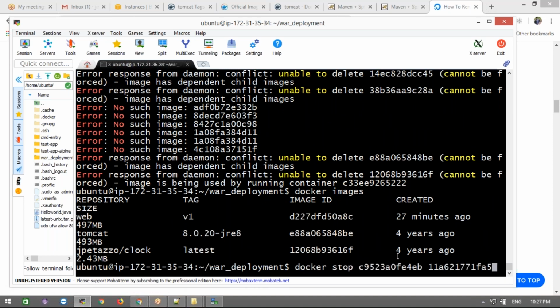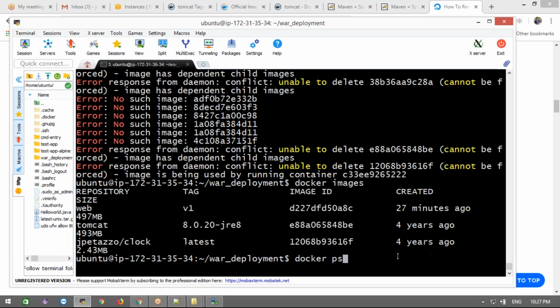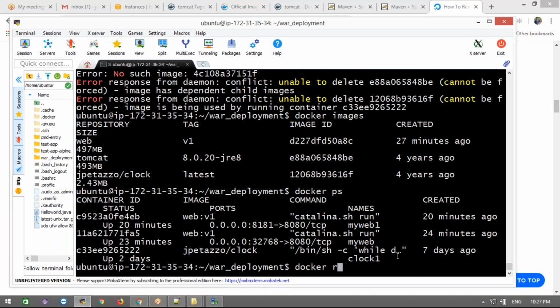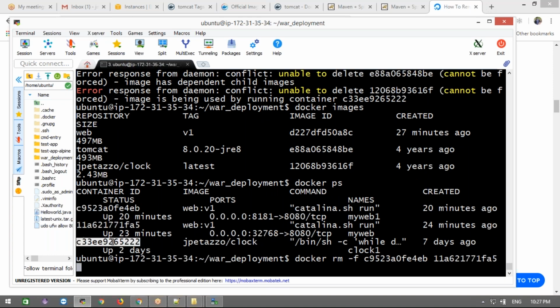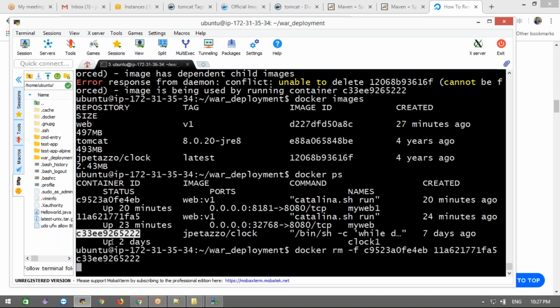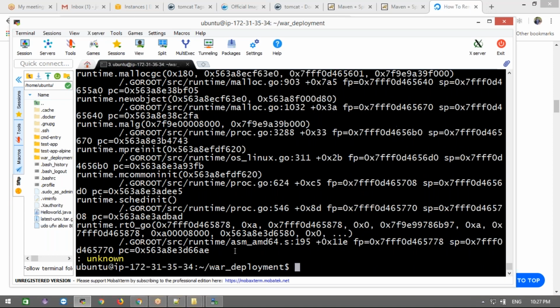Now let's build. You also check and see if there are any containers running. Yes, this container is running. I'm going to remove this. Stopped ones will also be there, right? Docker images -a, Docker PS -a.